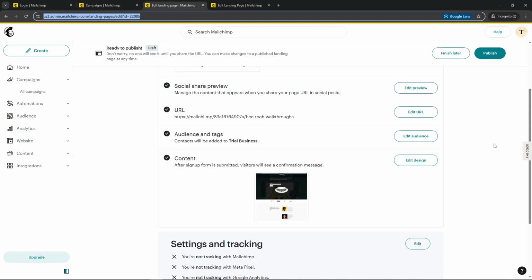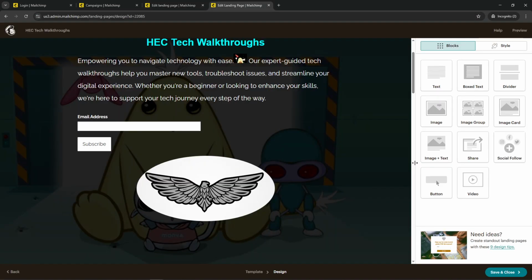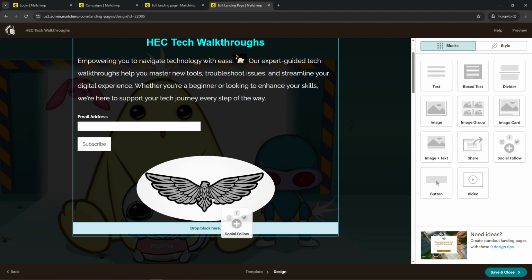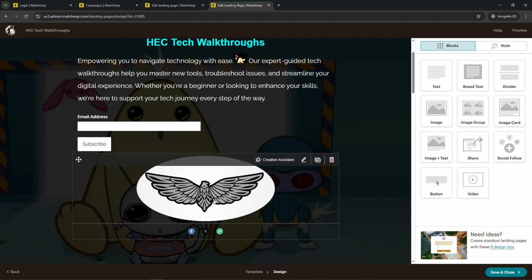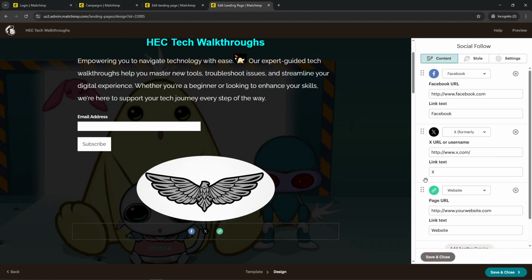Now that your campaign is open and ready to be customized, the next step is to locate the social follow content block. You can find this in the content section of the editor. Simply drag and drop the social follow block into your email template. This move allows you to include various social media icons directly within your email, helping recipients to easily connect with